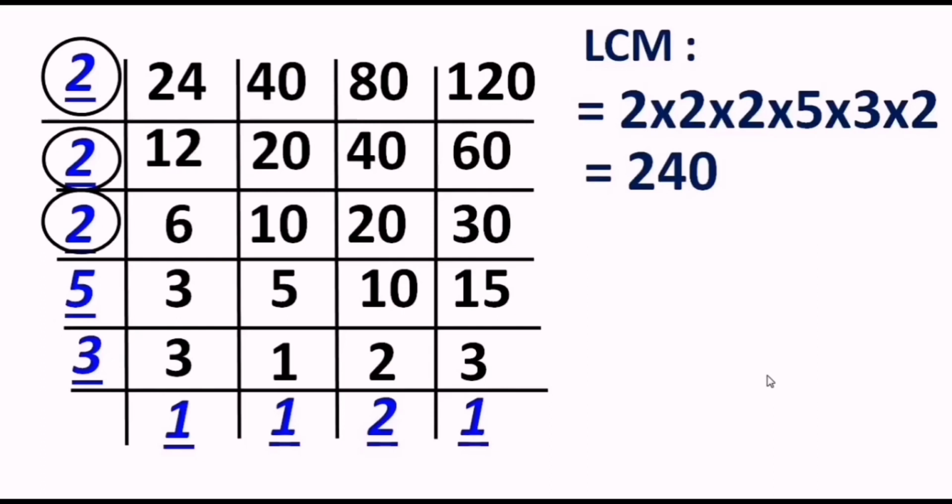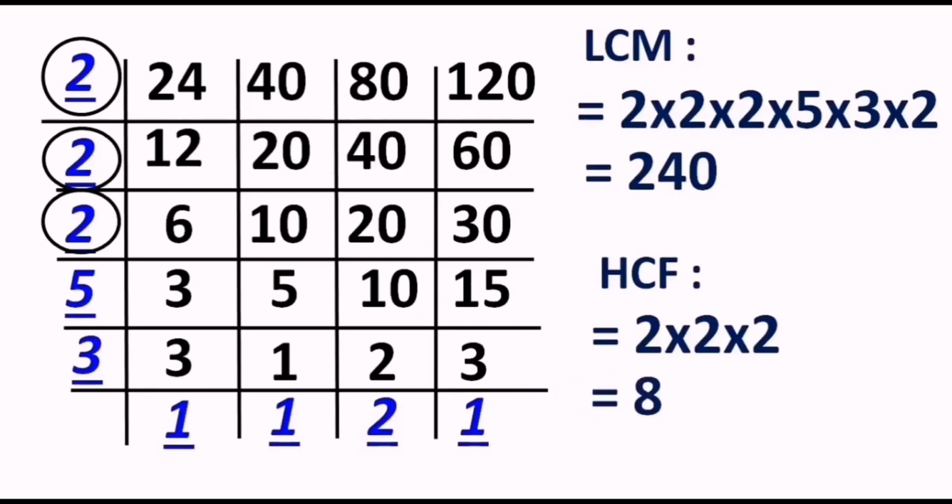Boys and girls, you can split the numbers for multiplication. Multiply 5, 3, 2 first and then 2, 2, 2 over here. That makes 8 into 30, and that results in 240. It's your wish how to multiply it. Then to find GCD, the way we decided, we have to choose only those numbers which are in the circle, because they have divided all 4 numbers of the question or of the layer, correct? And hence 2, 2, 2 or 2 into 2 into 2 is what is going to make our HCF, and that is 8.